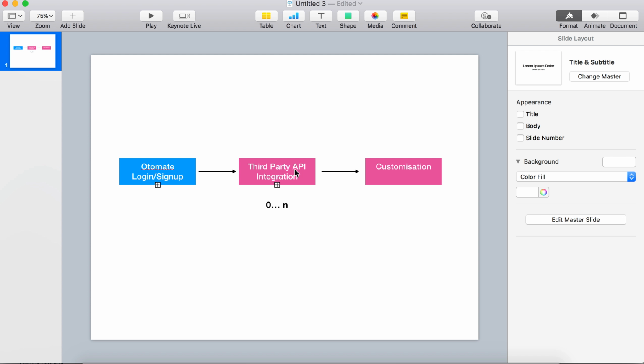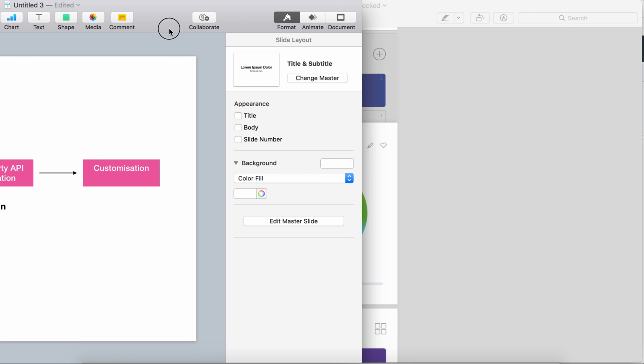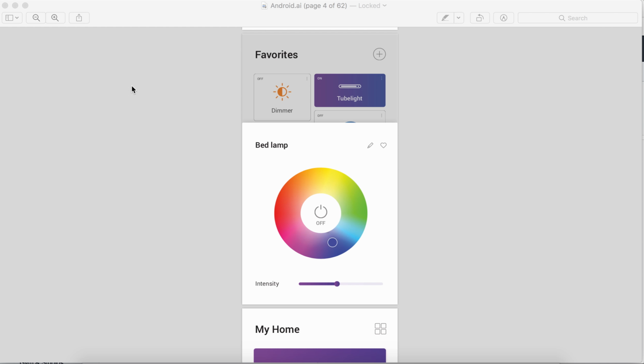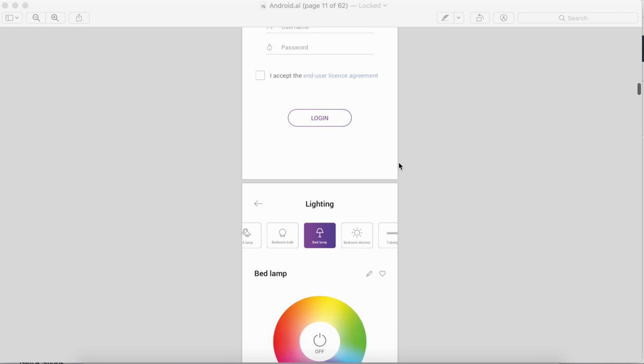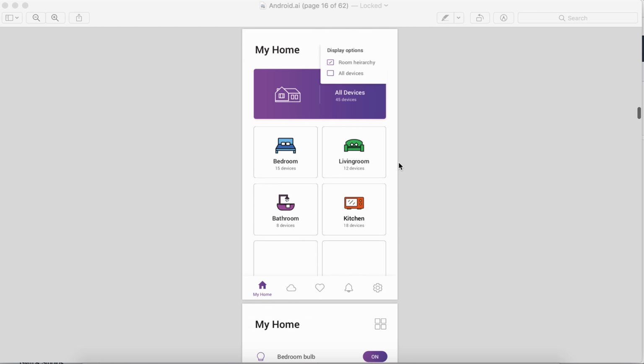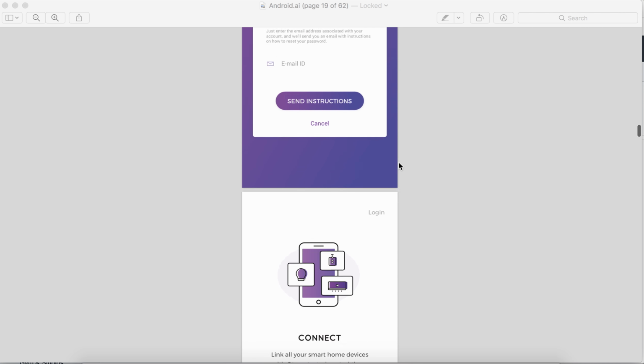You can integrate third party APIs and then basically customize the whole interface or build upon it. You can have schedules, you can have scenes, and yeah, that's a high level idea. So coming back with that perspective in mind, I just wanted to walk you through how the third party integration would work. As soon as someone comes, after the login, the first screens that they're going to